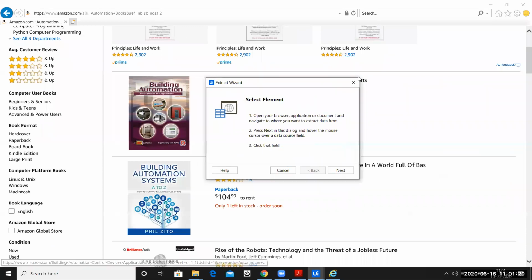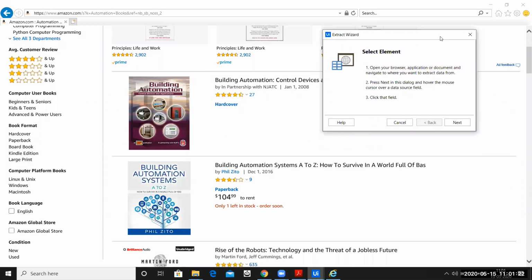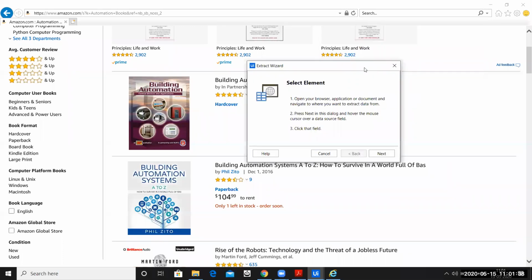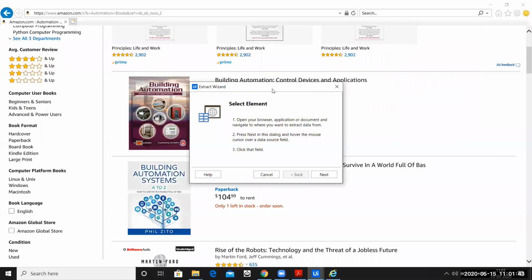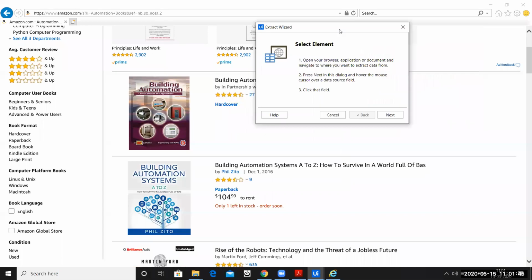Now, I'll request everybody to please concentrate here, because this is very important to understand. When you scrape data, multiple windows like this will come up and you need to understand how to deal with each window that comes up. So I'll repeat once again. I've just clicked on data scraping. The moment I click on data scraping, this window comes out. Now let us read the steps that are given here.